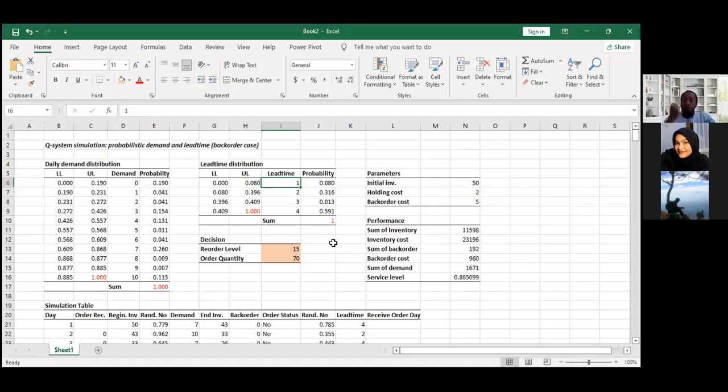Maybe some of you already have another case. Maybe the holding cost or the back order cost is dynamic. Back order cost here can be, let's say, you offer a discount for your customer. When you cannot fulfill today, then you promise to fulfill, let's say, in another 3 days. Sometimes the customer can accept this offer, but sometimes the customer will ask for compensation. Yes, I can wait, but what is the compensation for us? Like that.